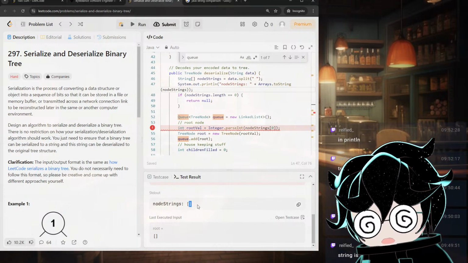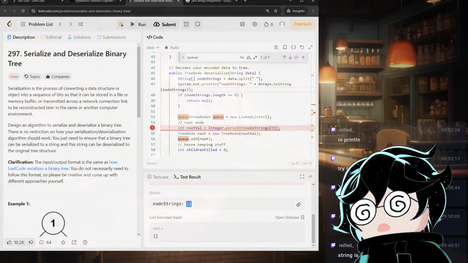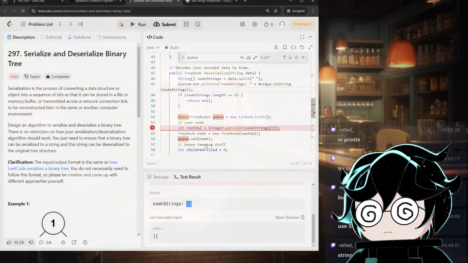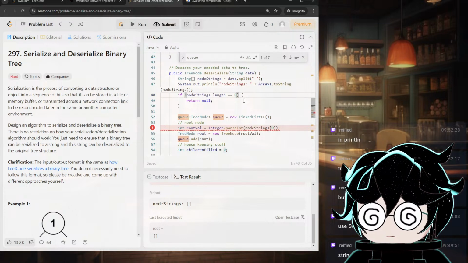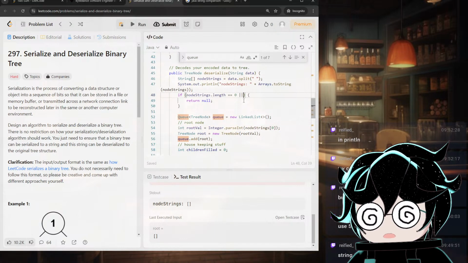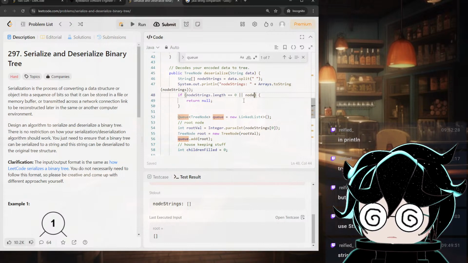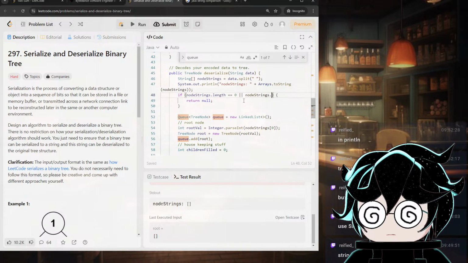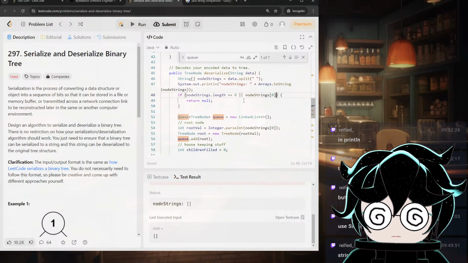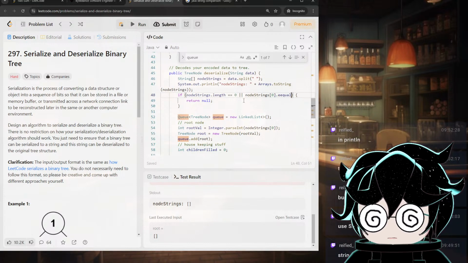Node strings is just empty. Or node strings dot 0 dot equals